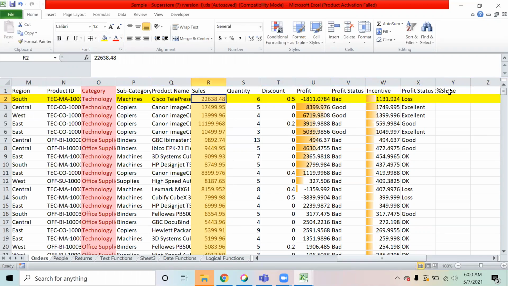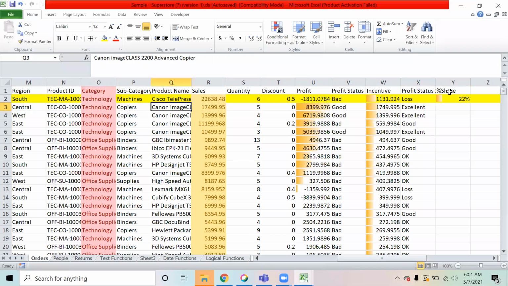In the South region, the total sale was maybe 1 lakh, and 22,000 rupees of sale happened in this transaction, so this is 22% of the sale. Same thing for this row: in the Central region, what percent of overall sales in Central is this share? So you have to calculate that. Can you do that now?